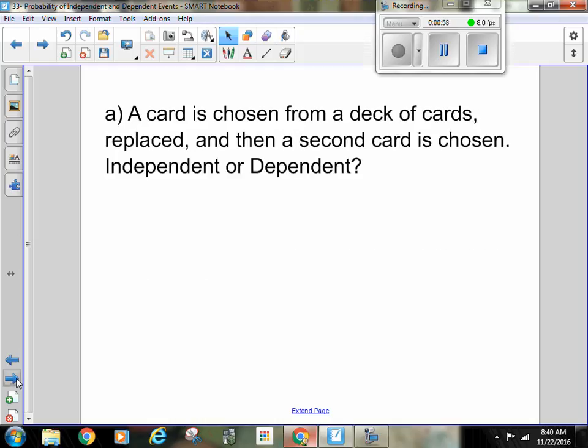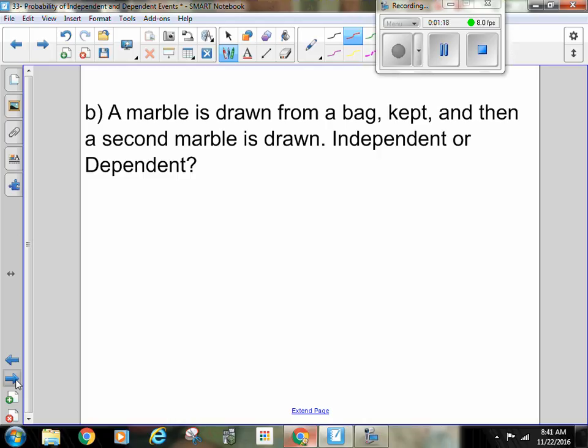All right, so a card is chosen from a deck of cards. It's put back, so replaced, and then a second card is chosen, independent or dependent. Well, this is an example of independent because you put the card back, so it's still there to choose for the second time. Now, if we didn't put the card back, then it would be dependent because now our outcomes have changed. Okay, a marble is drawn from a bag, it's kept, and then a second marble is drawn. This is a great example of a dependent event. So we took it, we no longer have it as a choice, so then it is a new amount of